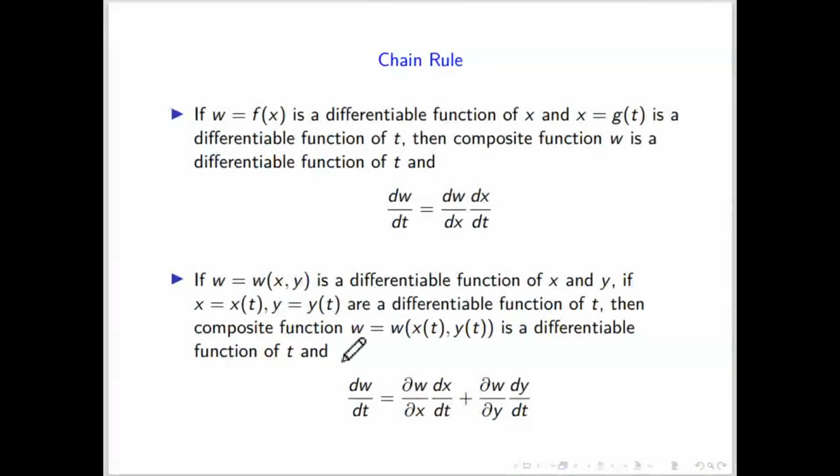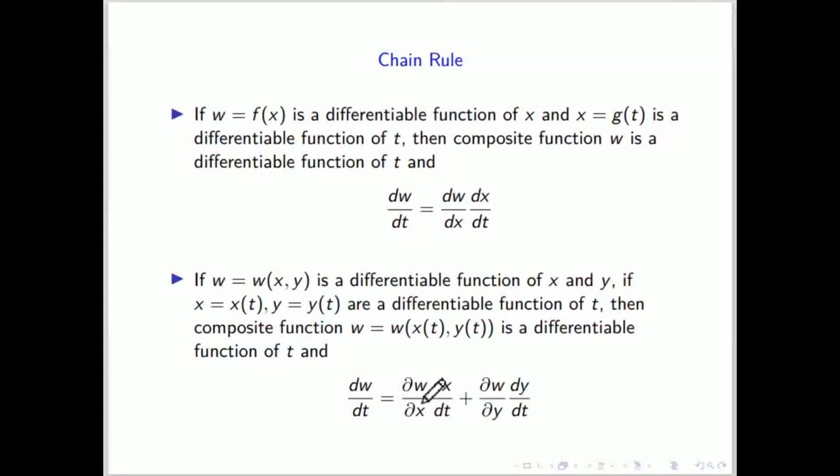So what chain rule says is that the derivative of w with respect to t will be: first differentiate w with respect to x. So here there are two variables, x and y, and each is only a function of one variable. So that's why dw by dx, and then the derivative of x with respect to t, like we did in the example of sin t square, where 2t came. So here w is a function of x and y, and x is also a function of t, y is also a function of t.